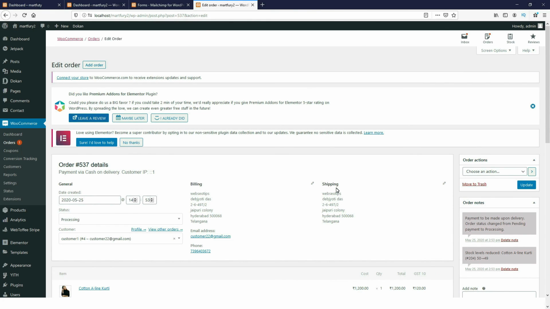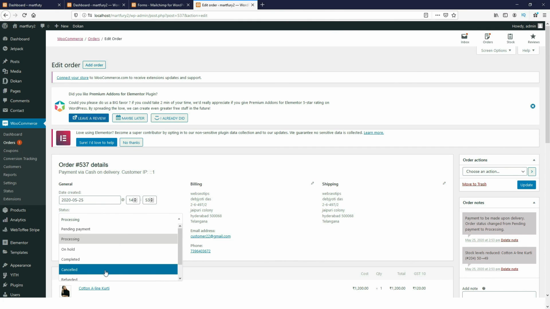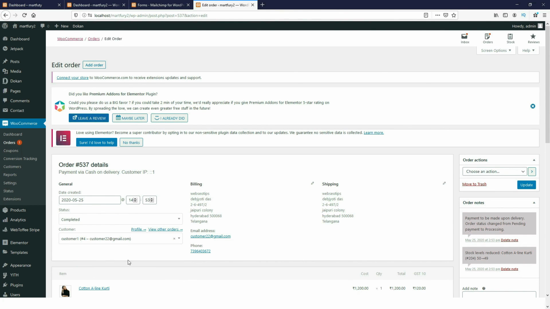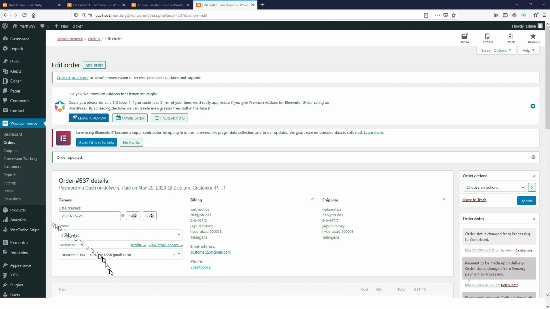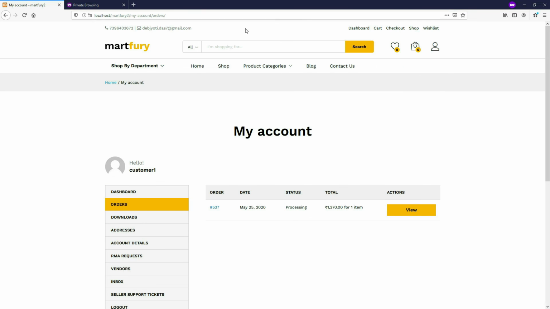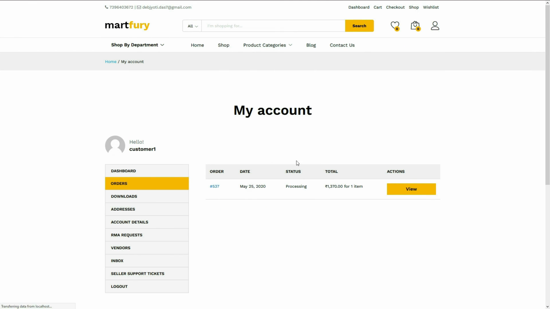So after process the order, you have to click in this. Here you can see lot of option is there: cancel, refund, on hold, complete. Suppose you already complete the order, then choose the complete option, and after that click in this update option after the delivery. Now come back to the customer page. Now let me refresh the page. Here you can see the status will be now completed. So in this way, one customer can make a order, and as a admin or as a vendor, you can complete the order.